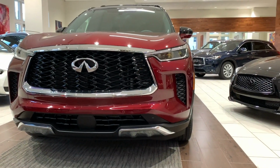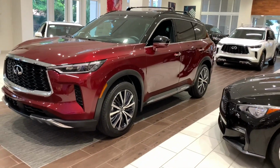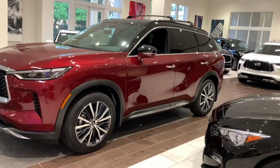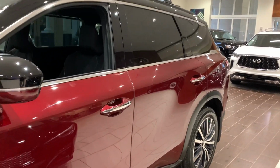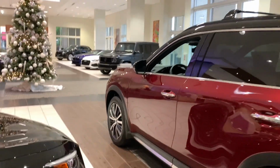This is the all-new 2022 Infiniti QX60 Autograph. This is the top of the line QX60. And I have to say, it looks pretty nice. This QX60 was redesigned from the ground up. And this one you're looking at is spec'd around